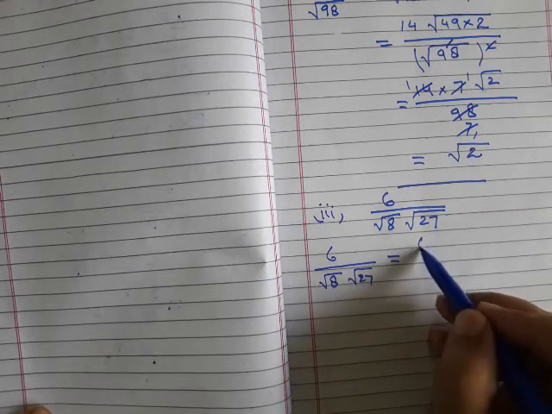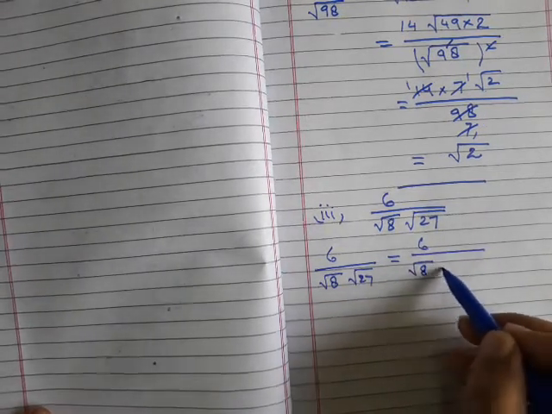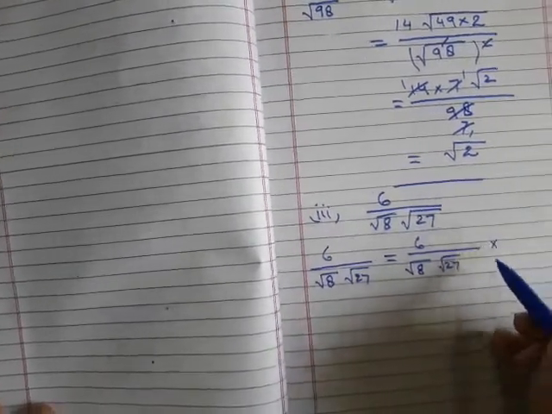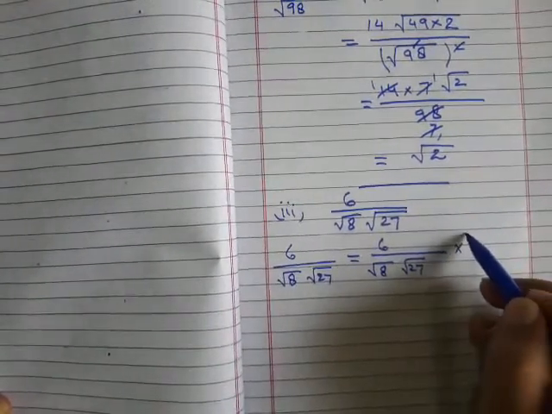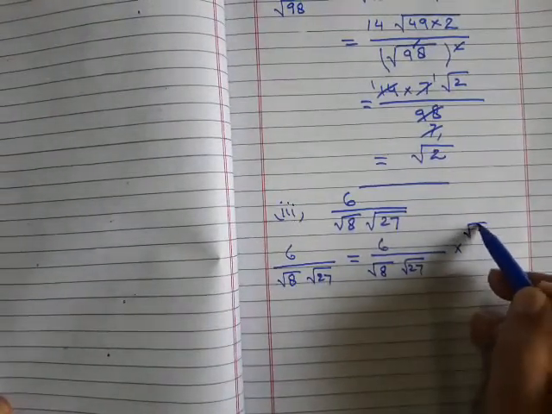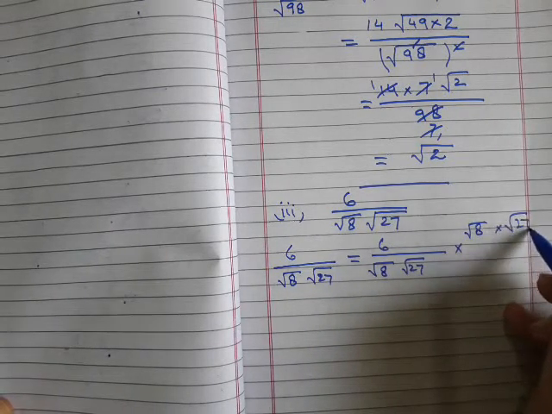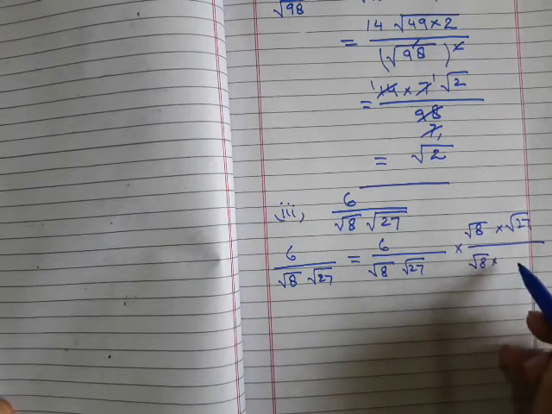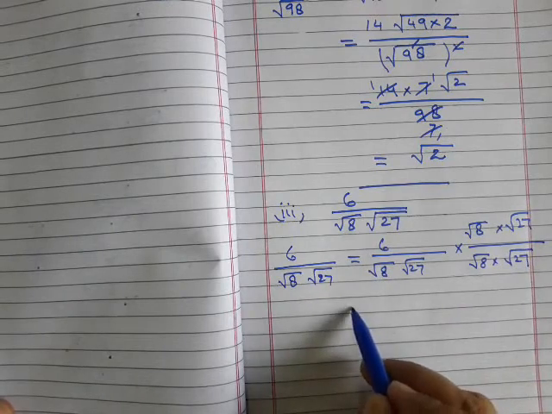Equal to, again write it. Now beta, multiply and divide by the numbers which are in radical sign. The numbers which are in radical sign are under root 8, under root 27, multiply and then divide. The same way beta, absolutely same way, equal to